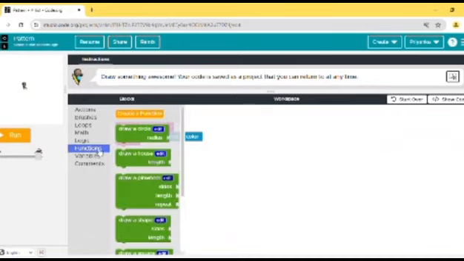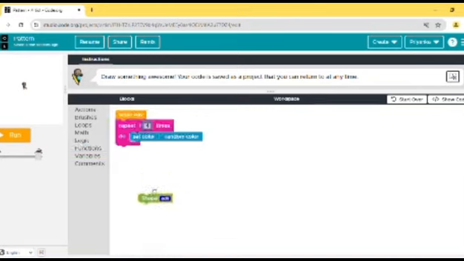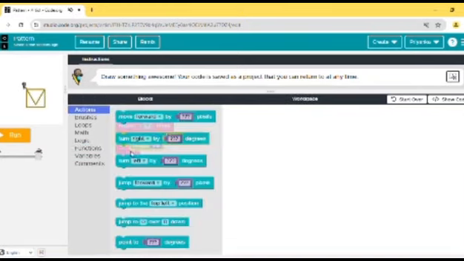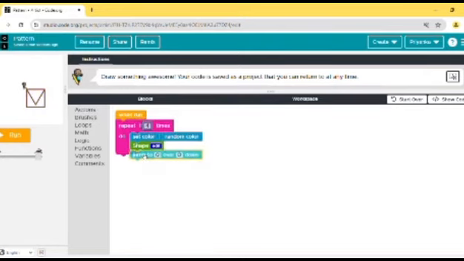So repeat block is a kind of loop which I am trying to use here because I have to make a pattern which will have squares and triangles. So first repeat loop within the block I am setting a color which will have random colors, and then I am selecting a shape which will include triangles and squares, and then we are drawing a line which will start